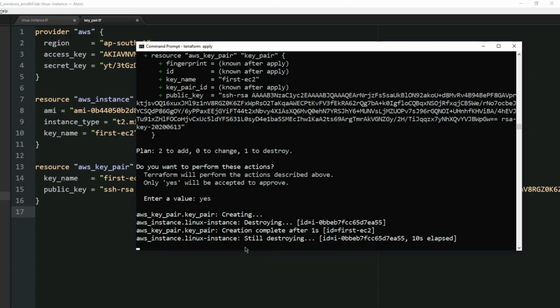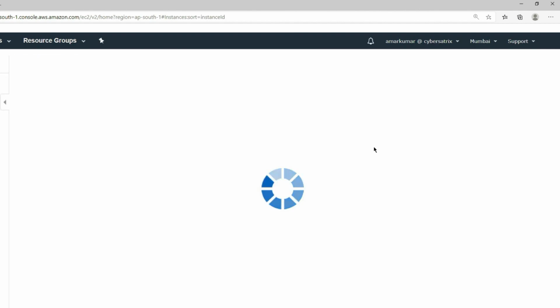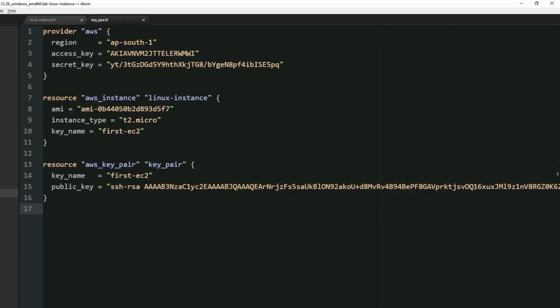Basically the ID is destroyed. Now it is still destroying the instance. In the meantime, let's go to the Linux instance and check what is happening. Let me refresh it. The instance which we created earlier has been terminated and it is going to create a new one.